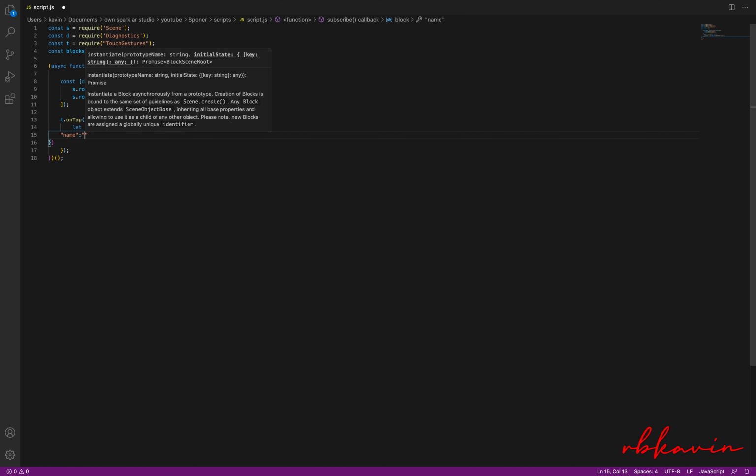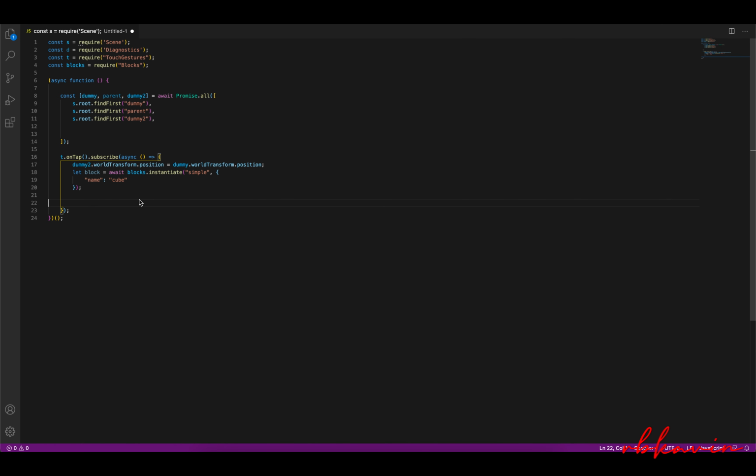In our case I'm just going to call it cube. We are going to make the block a child of the parent, so we can just type parent dot add child block. Now the block will be added as a child of the parent.